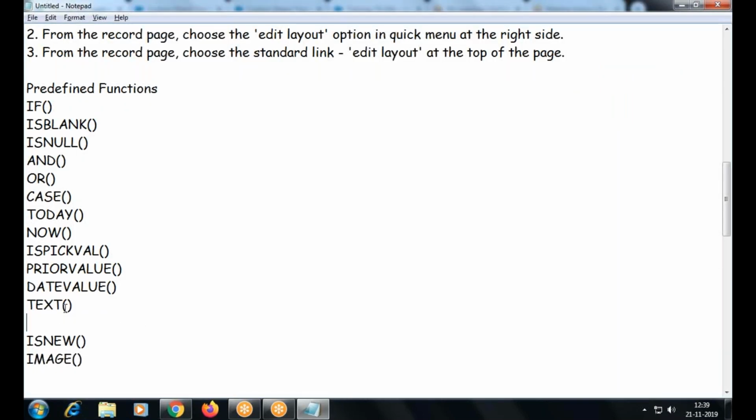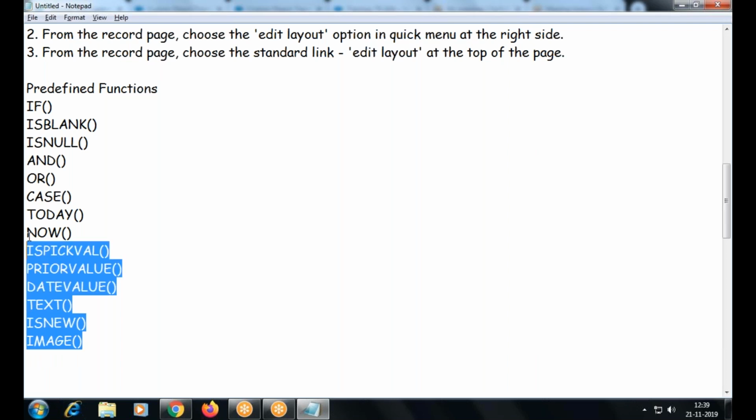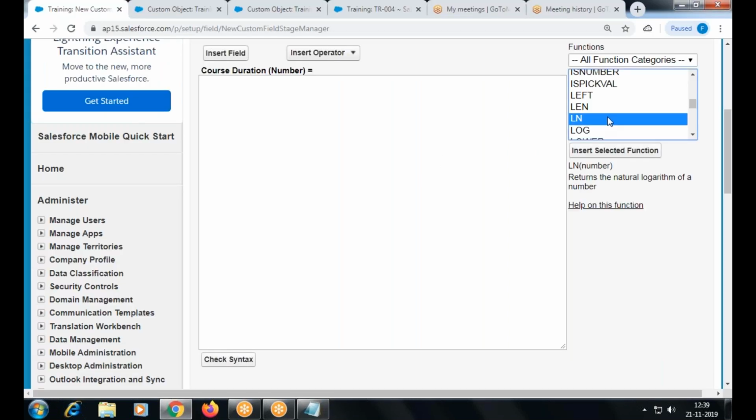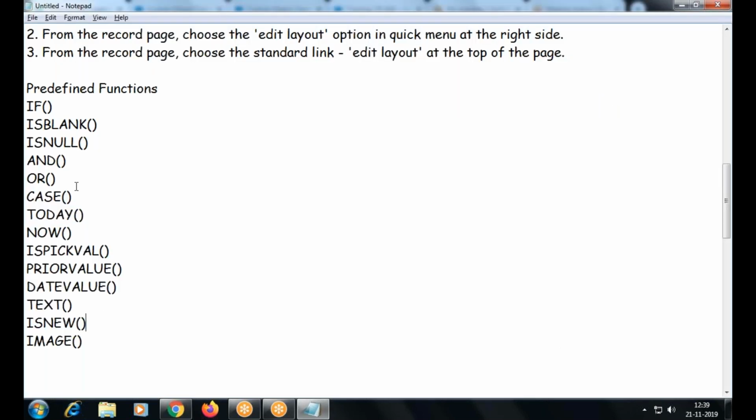This formula can be discussed in another topic. So these are the formulas we can see with examples tomorrow, right? Prior value also is not required as of now. So these are the formulas we are going to see tomorrow.